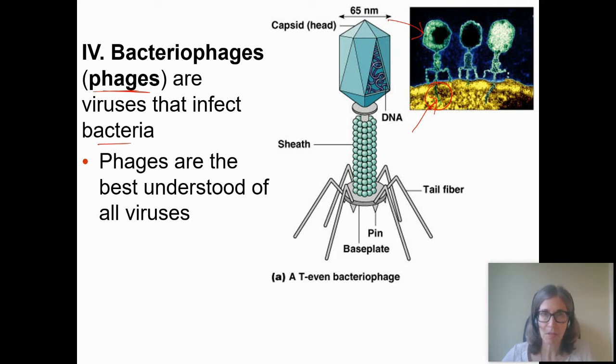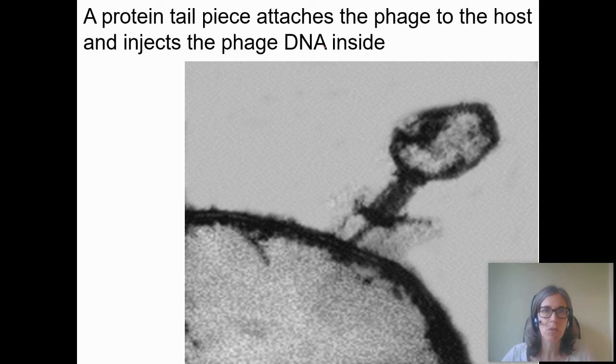You'll look at some videos later where scientists actually used this in order to figure out what the genetic material was. But anyway, the protein tailpiece attaches to the phage. It has to have a particular connection. Let's say this is one type of bacterial cell here, and here's the virus, right? Maybe the virus doesn't infect a different type of cell